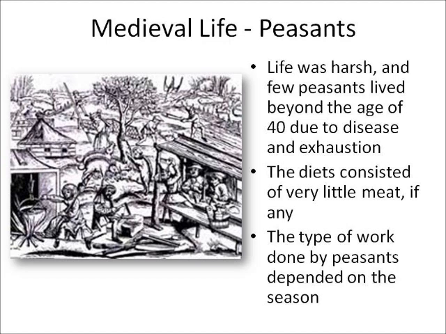They didn't have very good diets. There was virtually no meat in their diet. It was often coarse bread and some vegetables they managed to grow on their own land. The only meat peasants would typically eat is if they illegally killed an animal on their lord's land. That's known as poaching, when you illegally kill an animal. That was one of the rare instances where peasants may have meat to eat.